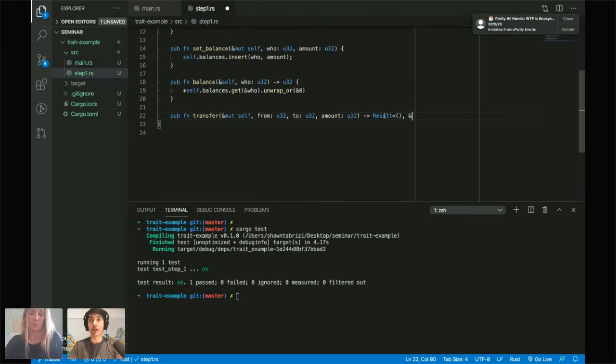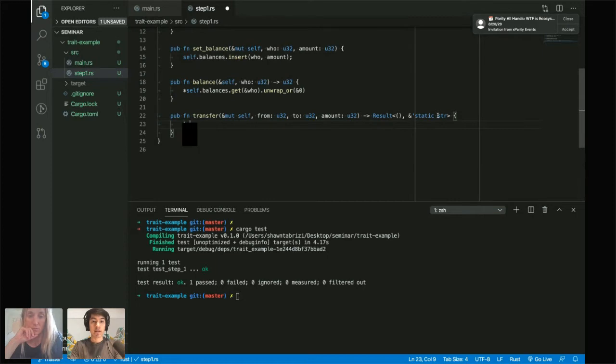So this is the exact same kind of result object that you might be expecting when writing an extrinsic function. So either it will return OK with nothing inside of it, or it will return some static string, maybe with some error message in it, right? Okay, and so basically, to make a transfer function, I'm just going to do it like this.